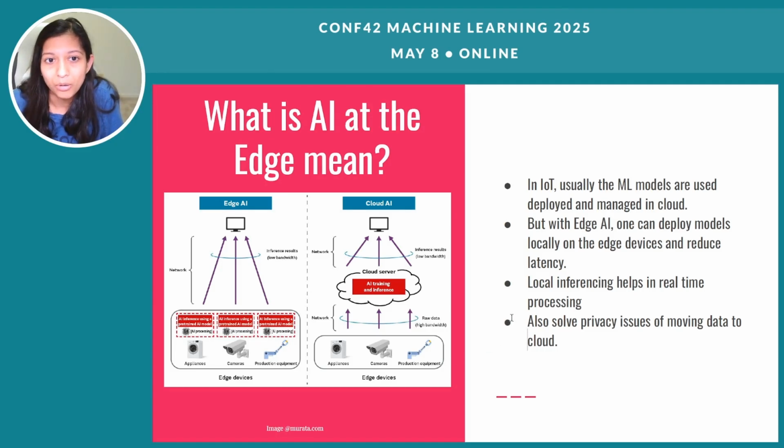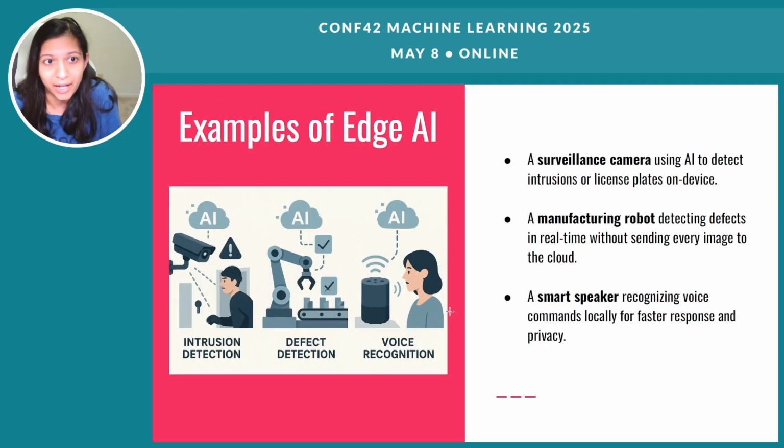Now let's see what this means in actual scenarios. The first one is a surveillance camera. If you want to run inferencing in the place where the cameras are located, for example to track any anomaly in the outputs, you can keep inferencing models right close to the source where the data is generated, and you can detect whether any anomalies are happening.